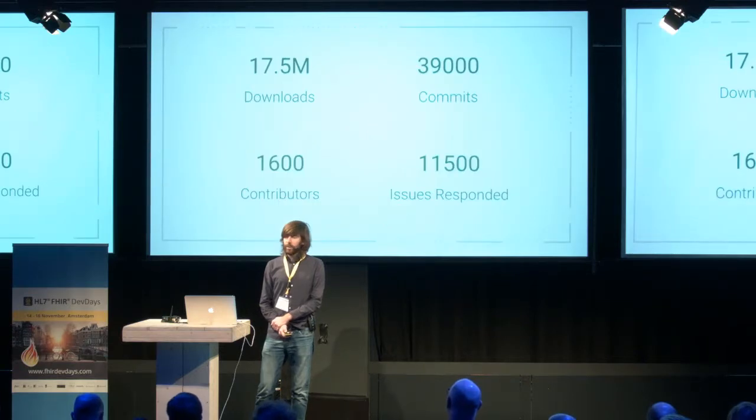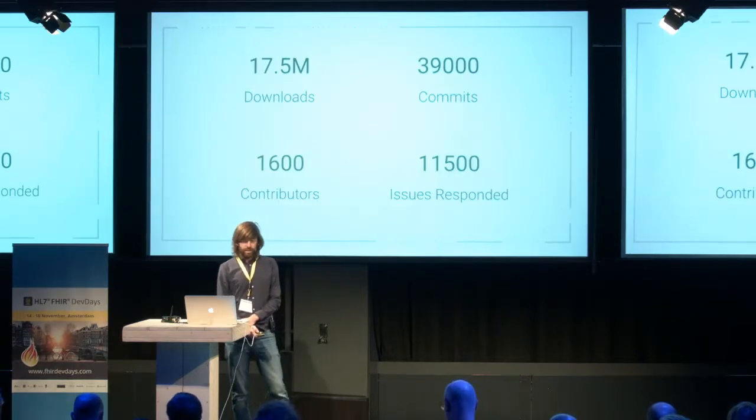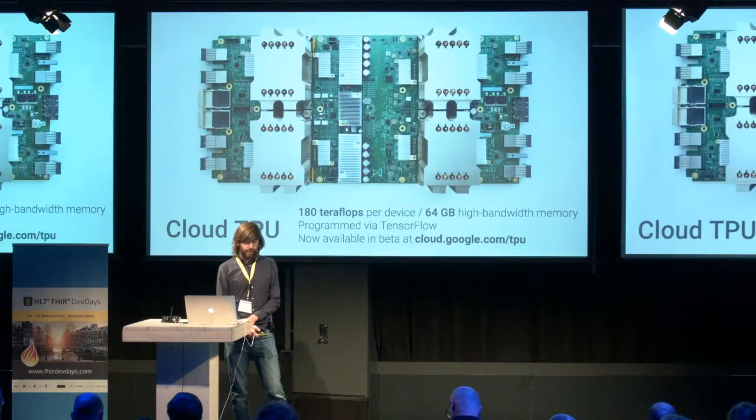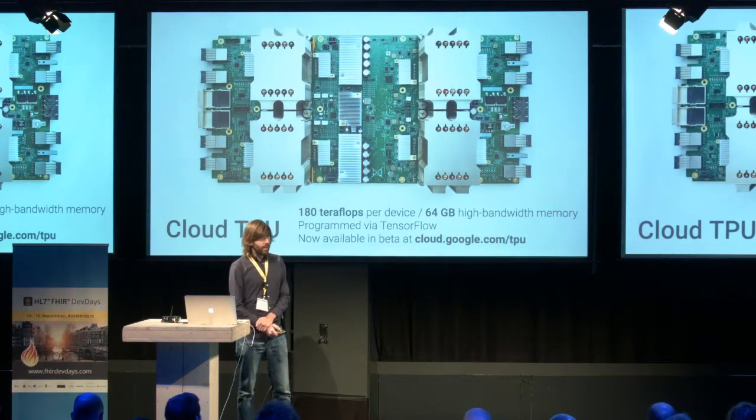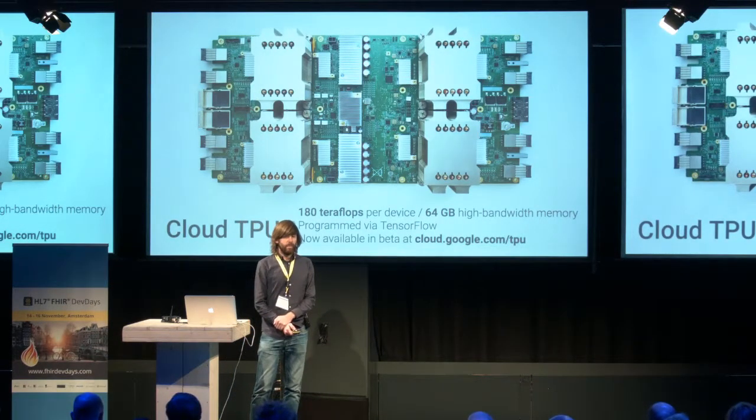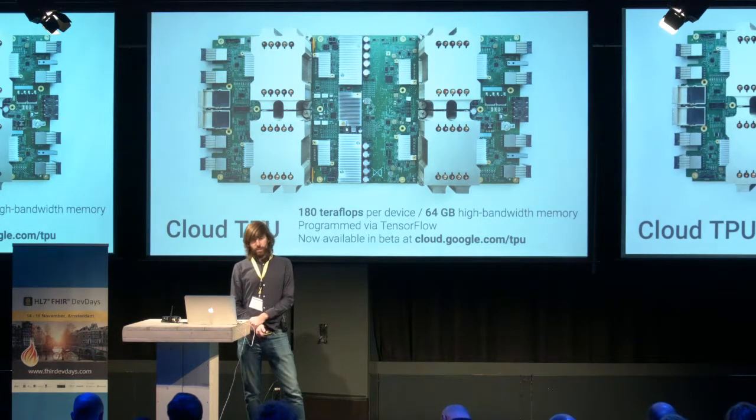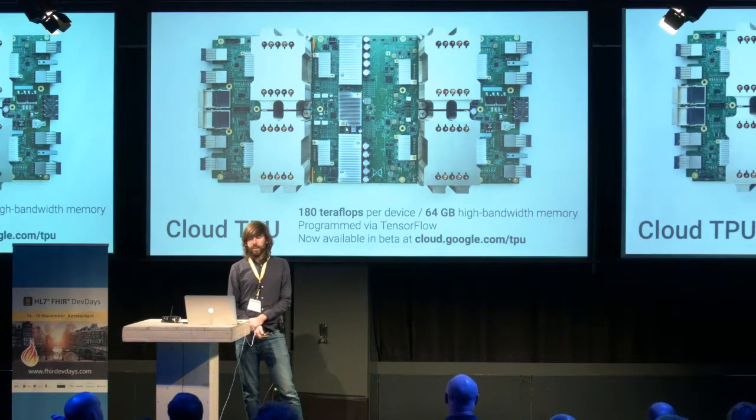There's a very vibrant community contributing and using this repository. Similarly, hardware has also taken great leaps forward. CPUs were getting faster, and then people started using GPUs because they're actually suitable for machine learning. And then people got to the point where, if we special-purpose design for machine learning, can we do even better? And so this is the Cloud TPU, a tensor processing unit, which was released